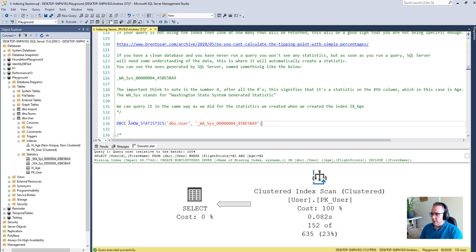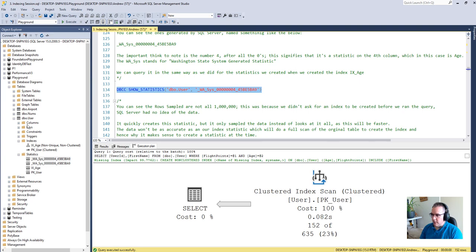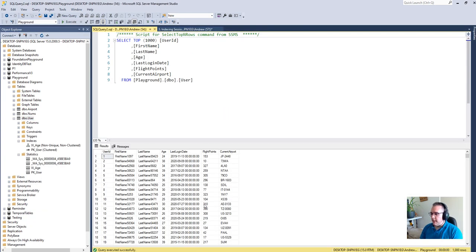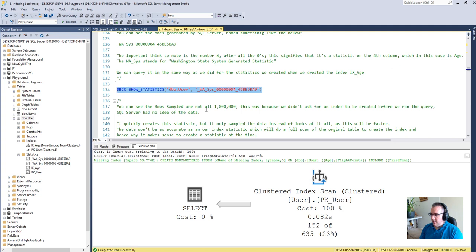So in this case, same command, same table, but we put the statistic name in there, the auto-generated one. And I'll show you the table again. So this is our table, and you see column 1, 2, 3, 4 is age. So that 4 is that column. So if we now run this,